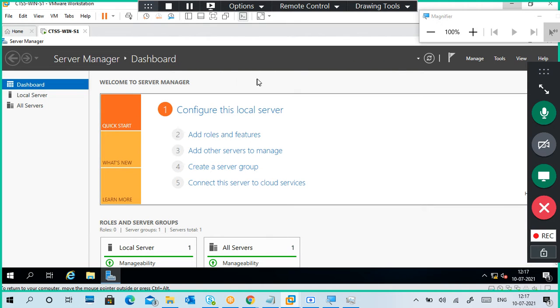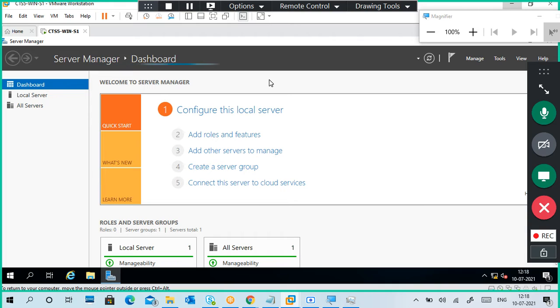A server will shut down only for maintenance, like when you want to upgrade or change hardware. Then you have to shut down your server, and then you can change it. Or maybe you install some application that requires a restart, or you install a role, or uninstall a role in a server. Only then can we restart it. You have to give pre-notification, like I'm going to shut down my PC. That is called planned downtime.